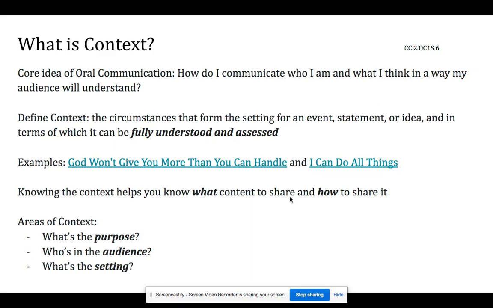These two articles are great examples of how, as y'all have probably heard 1,000 times, people take the Bible out of context. We've all done it, Christians and non-Christians alike. So I want y'all to pause this video and go read these articles. They're really great examples of, well, this phrase that's not even in the Bible, and the I can do all things through Christ who strengthens me, because it's not actually what that really means. So either stop the video and go read those articles now, or just read the articles at the end of the video. They're really interesting and informative and can give you a good grasp of what context is.